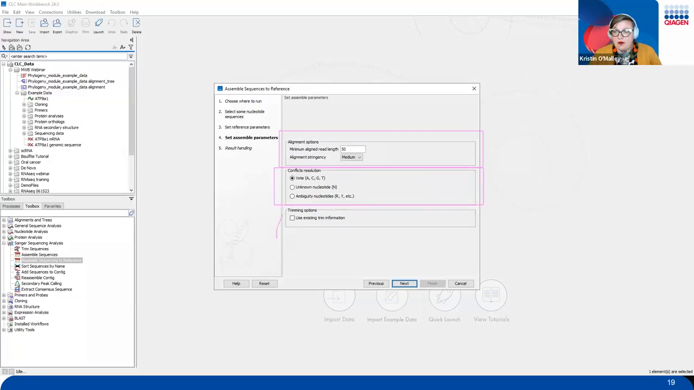Another spot that you might want to take notice of is this trimming options. So if you created your trimmed sequences ahead of time, like we just did with that trim sequences standalone tool, you could go ahead and use the existing trim information from that, or you can leave it unchecked and go ahead with the trimming done inside the assemble sequences tools here. And again, always feel free to visit that help button if you want more information. So I'll go ahead and click on the next button